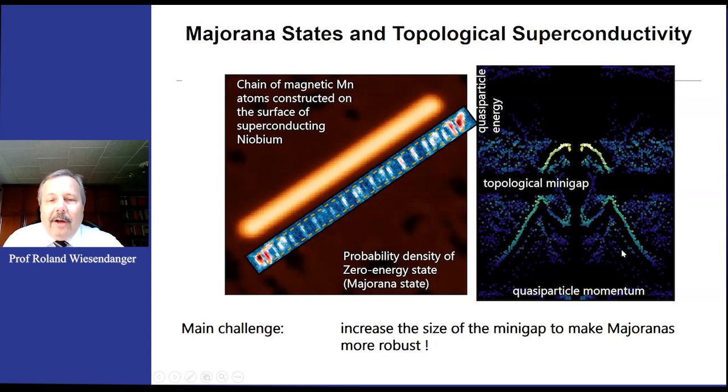And we could even determine the band structures. So for those of you having a background in solid state physics, band structures are very important. And you can reveal these band structures also with the technique of scanning tunneling spectroscopy. And we can determine basically that there's a gap here in this band structure, which is a necessary condition to get these Majorana quasi-particles. And at the moment, the top research front is really to increase this gap size to make these Majorana quasi-particles even more robust, so that we can really get very robust quantum bits, qubits for topological